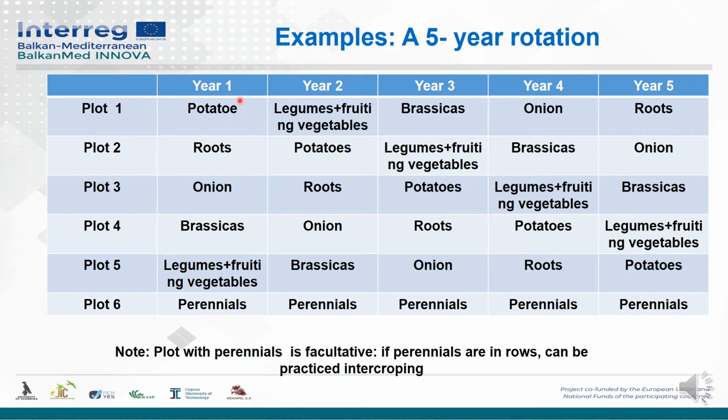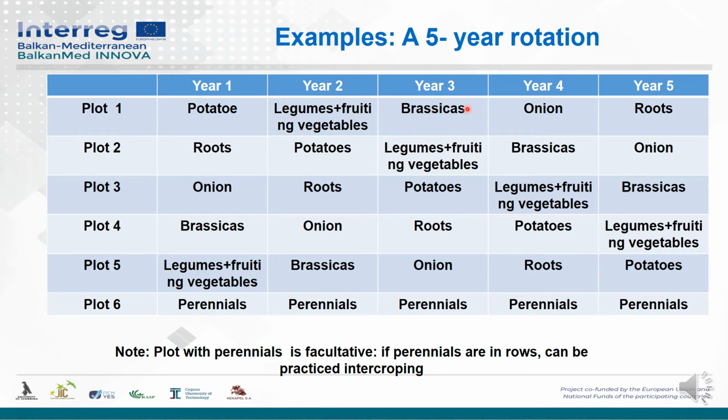In plot 1, we have potato in the first year. After the root, in the second plot, we have roots. In the third plot, we have onions. In the fourth plot, brassicas. And then legumes, fruiting vegetables. And so on. So if we see in this direction, we see that